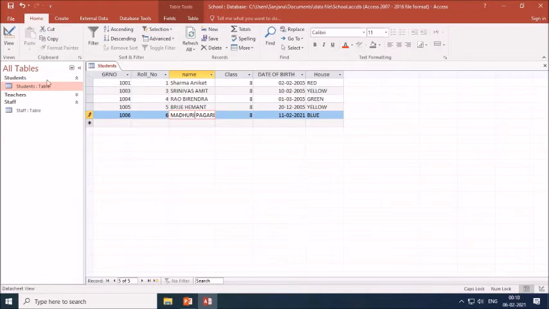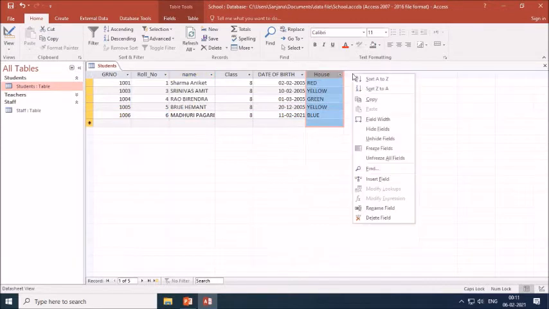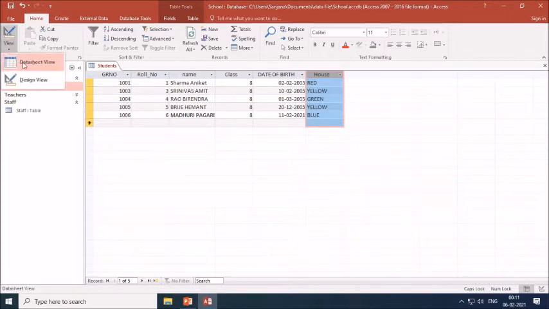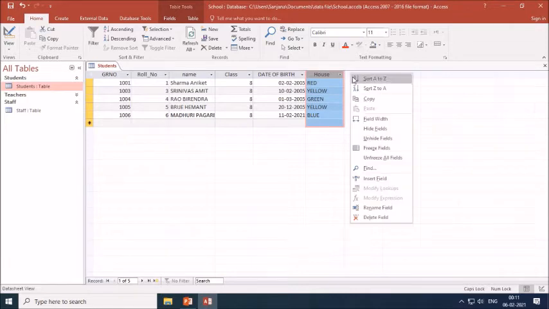Or you can also make use of adding the fields. Now here you can add the field by using datasheet view. Click here. Insert field.